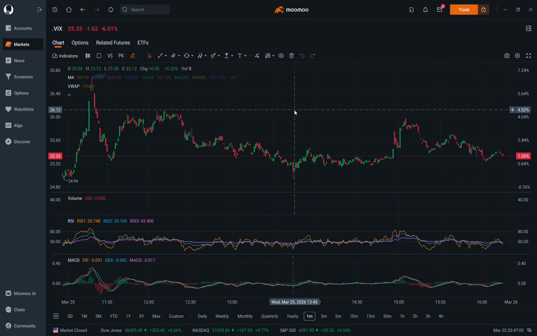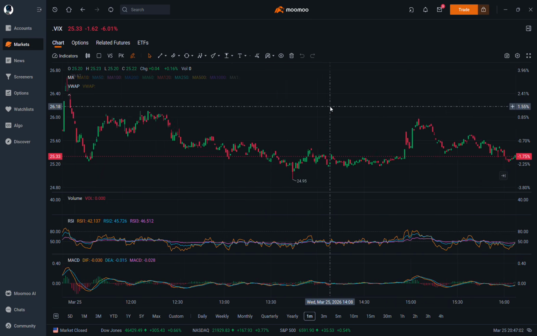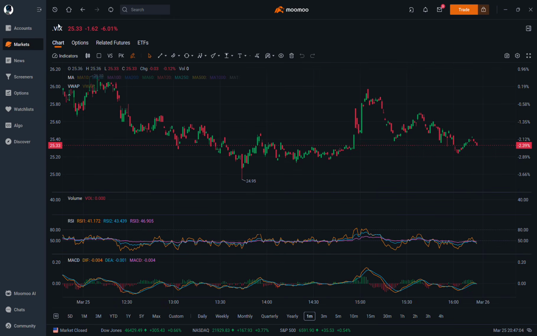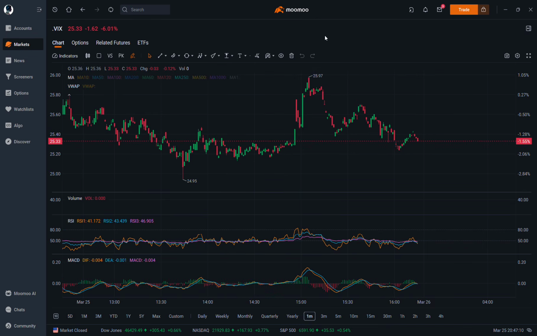We had crazy volatility still happening, because we're at 25, right over here, 25.33. Although it's down 6%, as long as the VIX is not below 20 in such a market, normally it's supposed to be below 16, but if it's still not below 20, that means it's still going to be more or less chaos. Now it's going to be even more chaos, because the Marines are on the way to Iran, and we're going to be fighting on the ground,